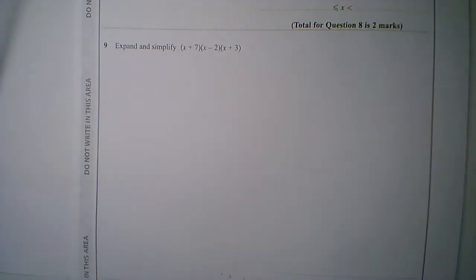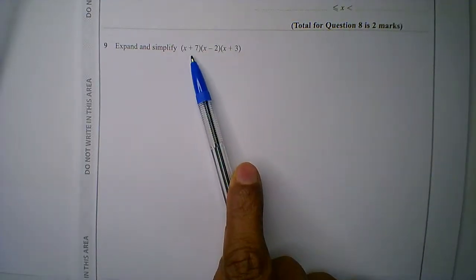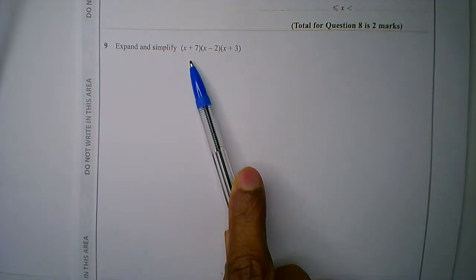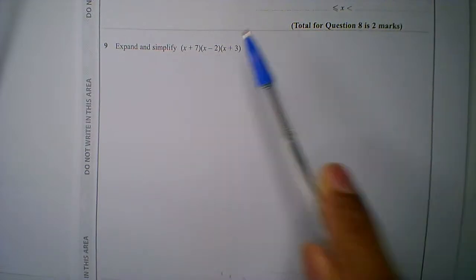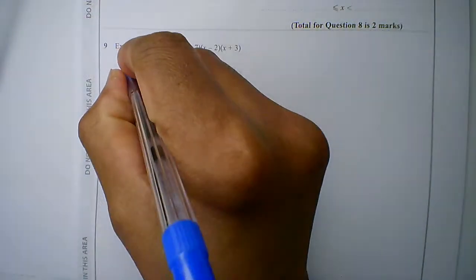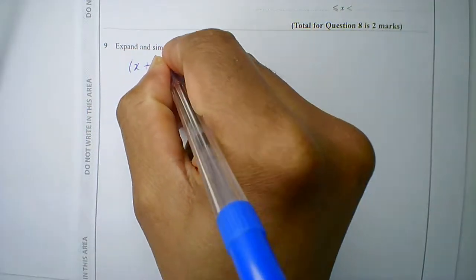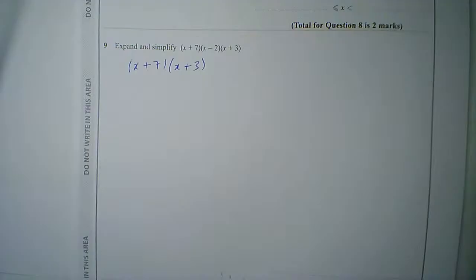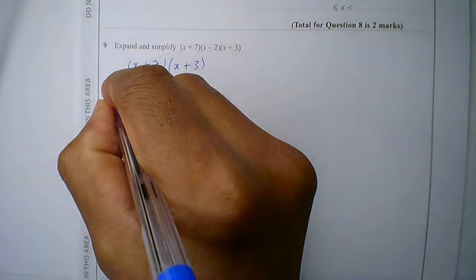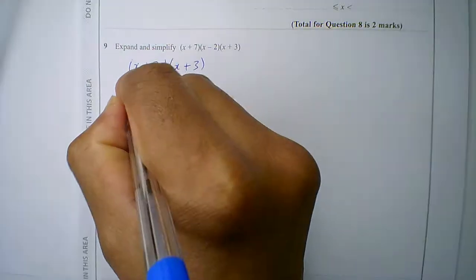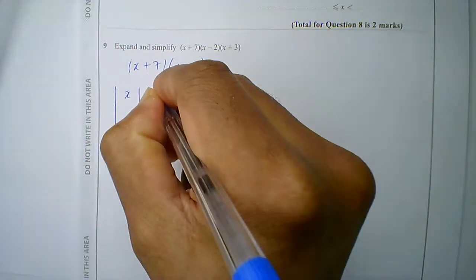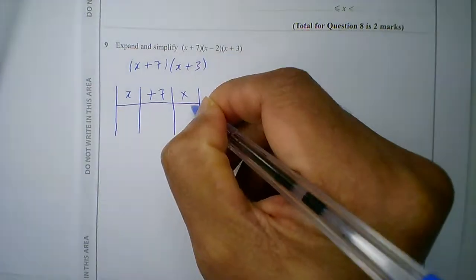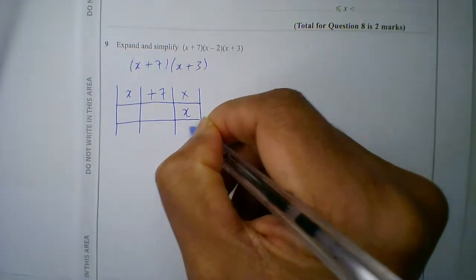So let's do that. So here you can see I've got x plus 7, x take away 2, x plus 3. Now I am going to be working with the positives first. So you can do it in any order, but I am going to stay with my positives. So x plus 7, x plus 3. Okay, so I now multiply these out. So I'm going to have x plus 7 times x plus 3